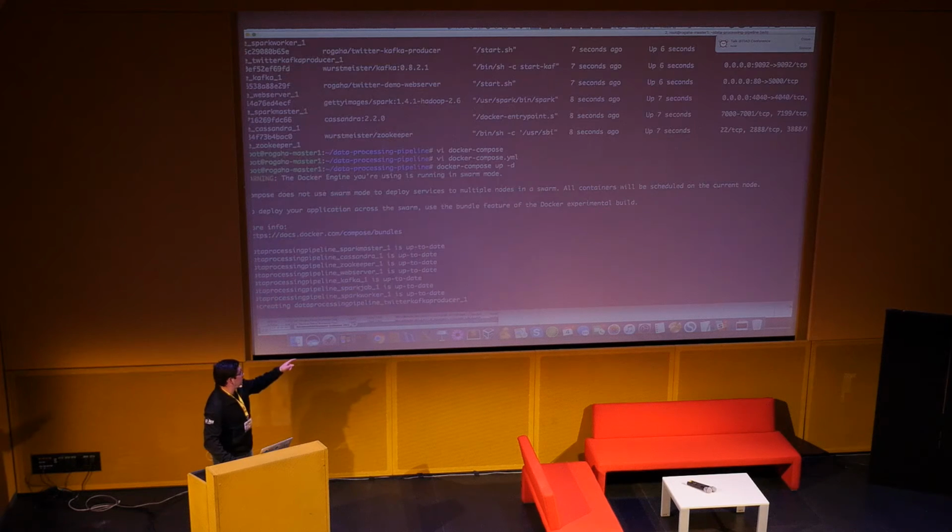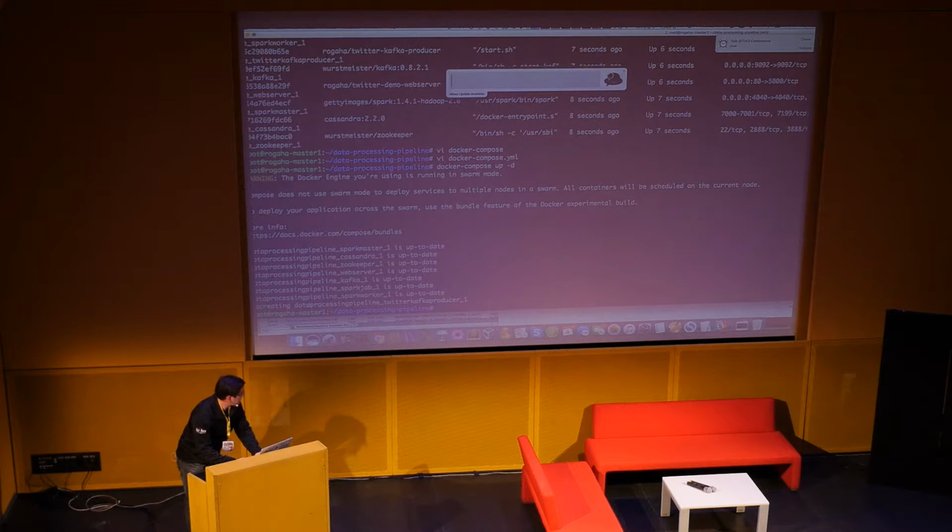I changed the token from Docker and Google to only Docker, and I just restarted, and it's restarting only that container that was changed. So if we go to the browser right now,